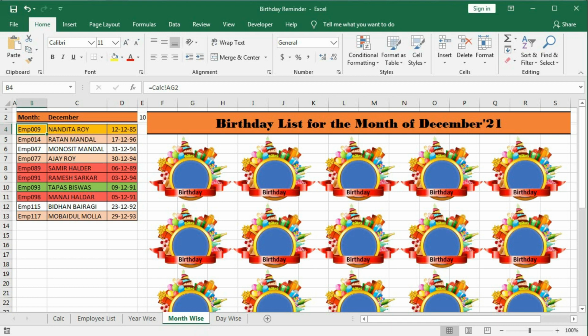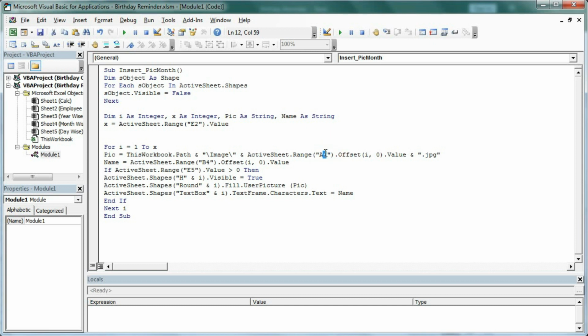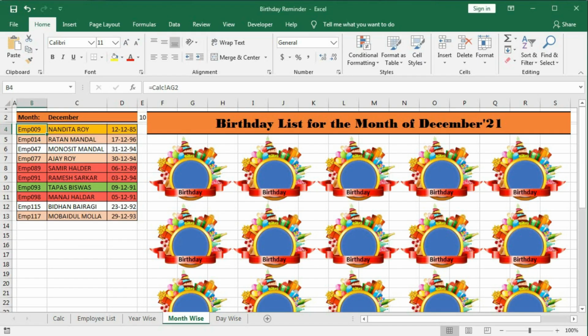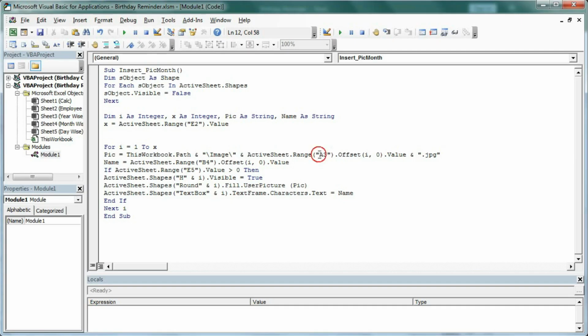So here it should be A3, that is the cell before the first row. So this is the first row, and just above this it is A3, sorry, it is B3. So here it should be B3, and from there we will move one cell down because it will help to go on next cell by looping.